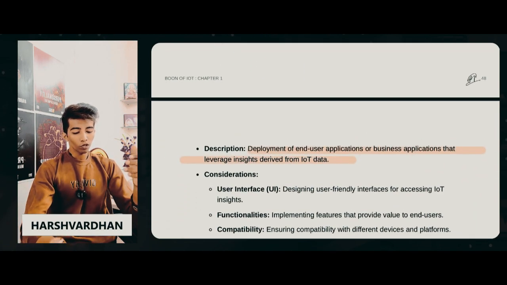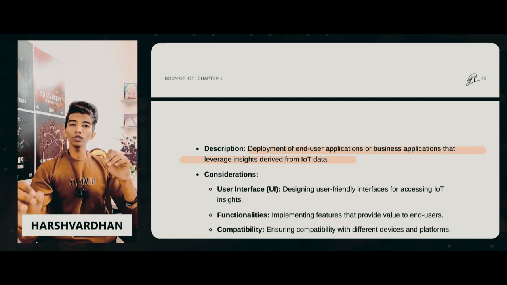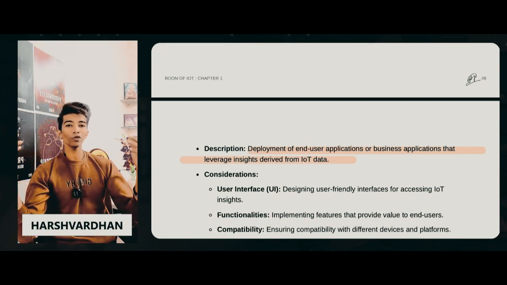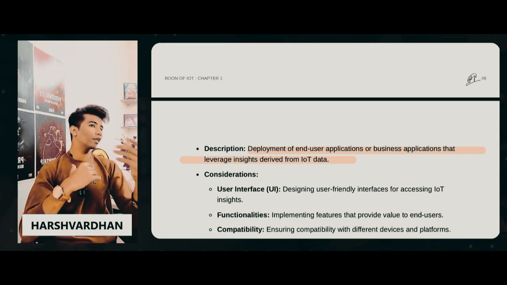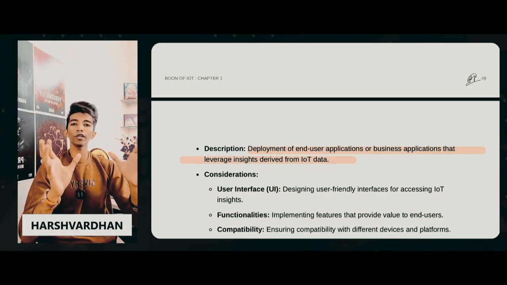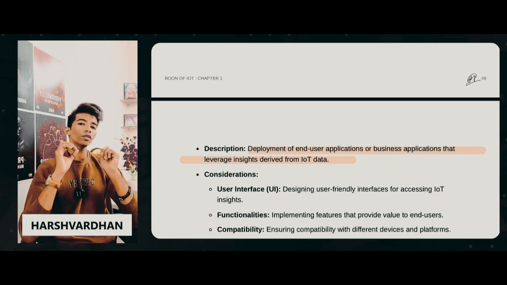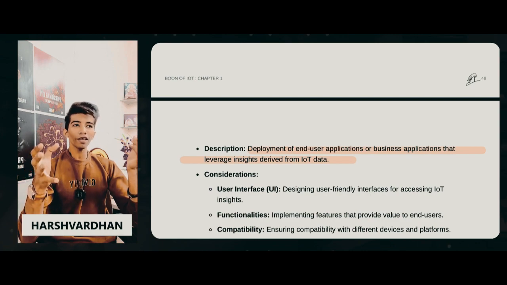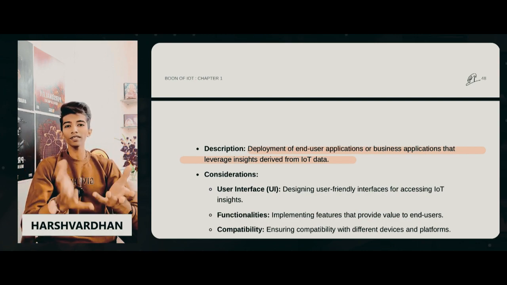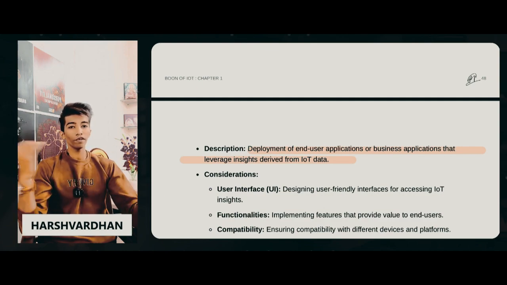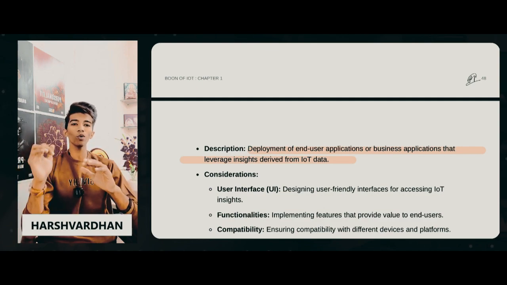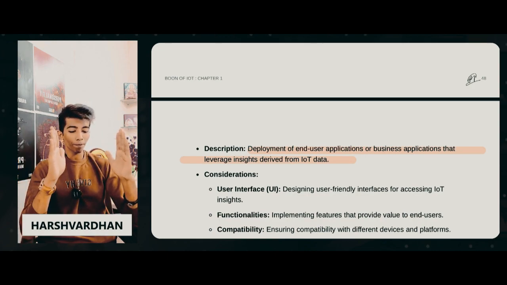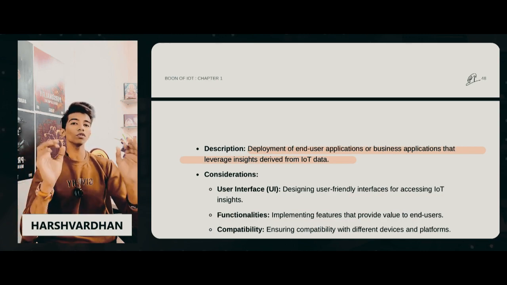Talking about the application level, being a user, you are a user, I am a user, I just want to perform some kind of task. I will not go into complete detail about how the cloud works or how management takes place. I will instead use one application to do my day-to-day tasks. It is very easy. You will be using a UI-based application to do your task, or to give commands to an IoT device. You will not go to the cloud service provider dashboard and give the commands. You will give the commands to your application. That is application deployment, and it involves massive usage of UI.